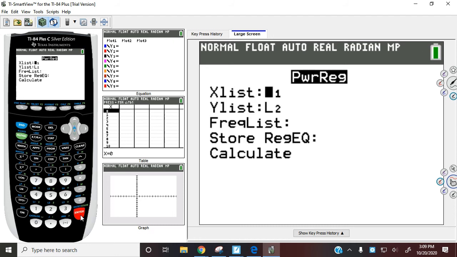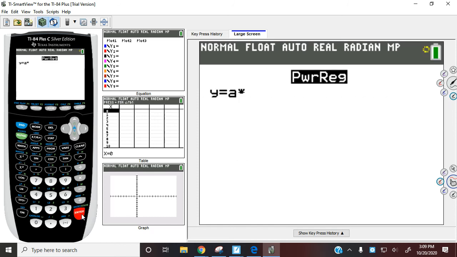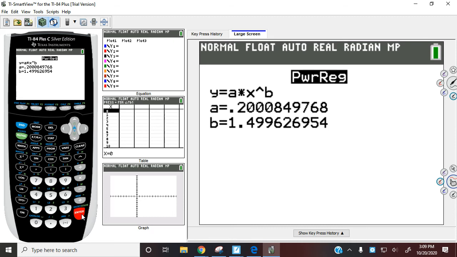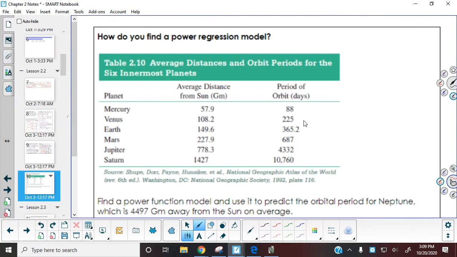It asks us which list is which. So we have the X is list 1, Y is list 2, so we're good. And then we let the calculator do the work. And notice we do have it in a power regression model. So our A is our constant of variation. Our B is our exponent. And so now when we look at this,